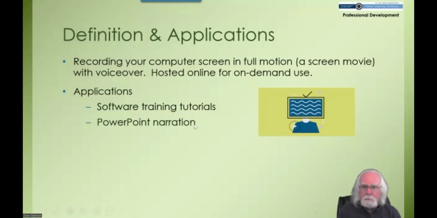Another very common technique is sort of what I'm doing right now, PowerPoint narration, where you bring up your PowerPoint slides one at a time on your computer screen, and you narrate them as you would live in the classroom. Only with screencasting, you're capturing both the slide and your voice. So whatever happens on the slide is recorded for later playback, and so is your narration. And that makes putting your PowerPoint presentations online so much more effective than just providing the slide deck to your students, because most of the information that's presented in a PowerPoint presentation is presented in your narration. The PowerPoint slides are mainly talking points,